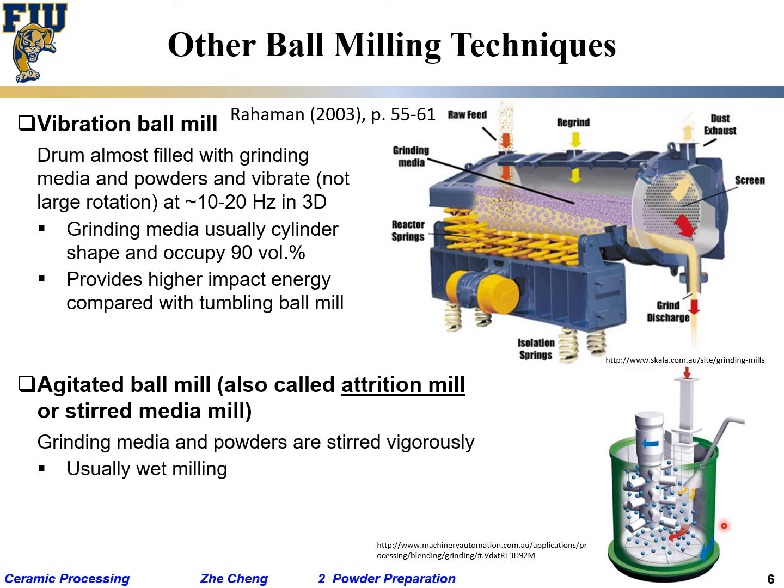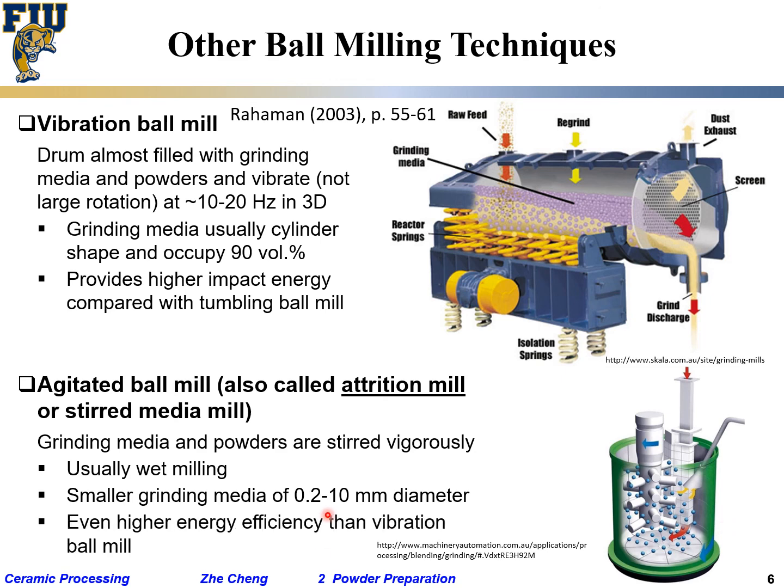Grinding media stirred vigorously. Typically, wet milling, which means you have to add some solvent in there, and a very high efficiency. You can grind down to the balls are 0.2 to 10 millimeter in size, very high efficiency, very effective to reduce the particle size. Okay,